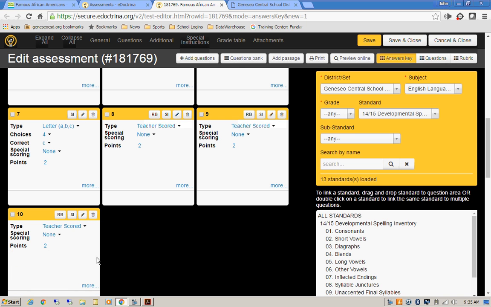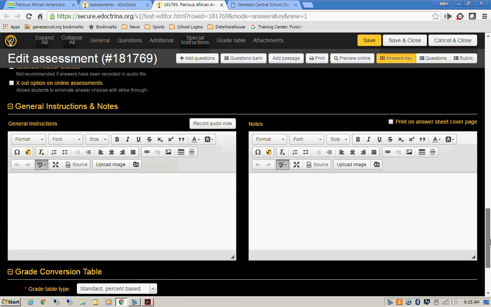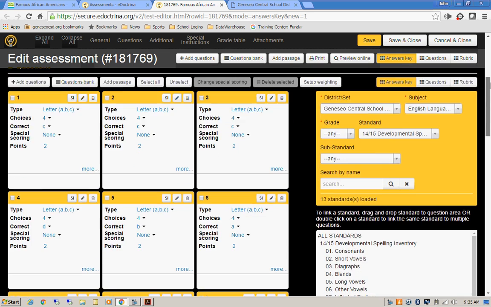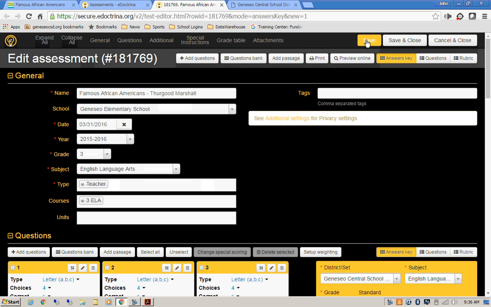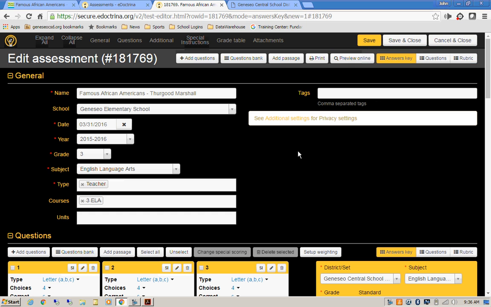teacher scored 2. Okay. So once this is finished, you can leave everything else as is. Nothing else has to change down here. There's no grading tables. All you'll have to do from that afterwards is just hit save, and that first assessment's done. Now, another piece that we'd like, so we don't have to look for those actual assessments, we have the answer key created, is to attach that assessment that you downloaded right to this. So across the tabs on the top, we already have the name of it here, but let's actually attach the PDF to it. So under attachments,